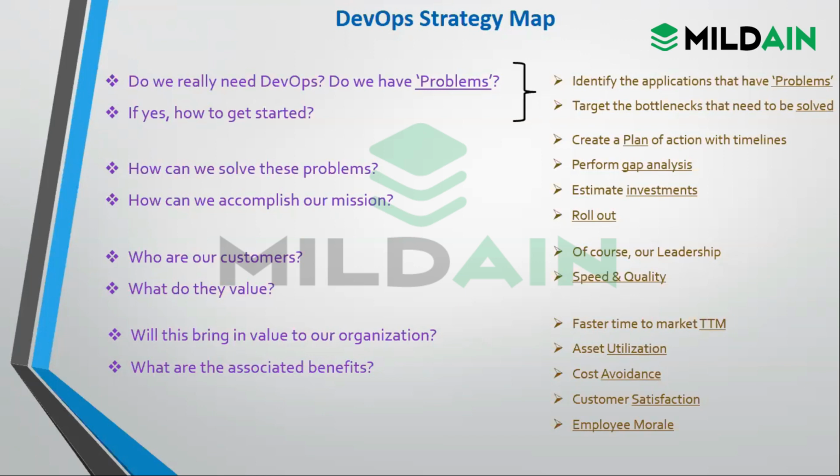Faster time to market, and better asset utilization, because what we see is that before DevOps, people are using tools, but sometimes they are using them in silos, not continuously. In some phases they are using tools, so they have the tools in their organization, but they are not using them. Let's take an example. A customer is having an agile mode of working, and in agile mode they are using tools like Jira or something like this.